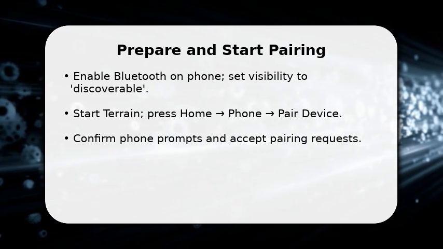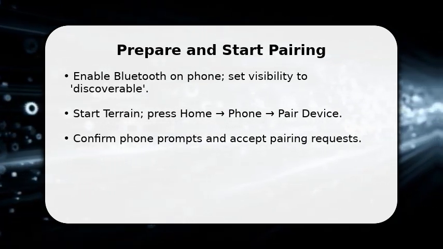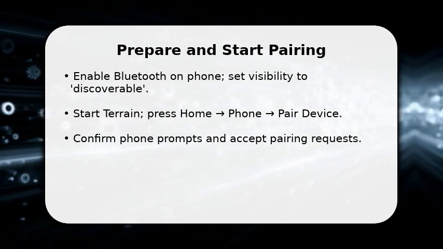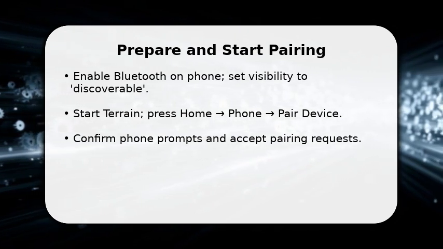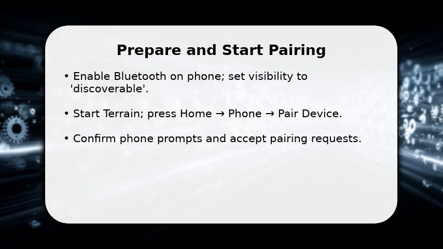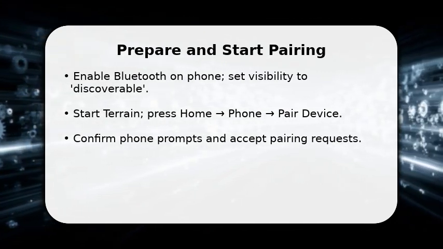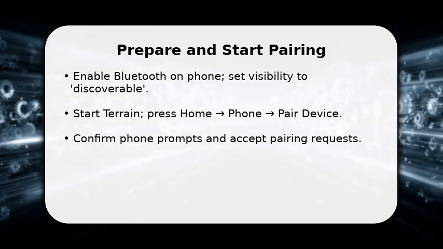You begin by turning on your Terrain and enabling Bluetooth on your phone. This is the essential handshake. Once done, press Home, then Phone, then pair device on the GMC Uconnect screen so the system searches. You choose your vehicle name on the phone when it appears. Make sure to accept any pairing prompts and compare the PIN displayed on both screens so the connection is secure